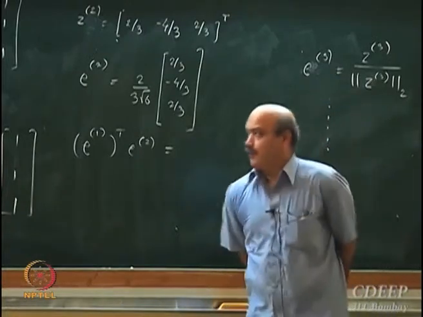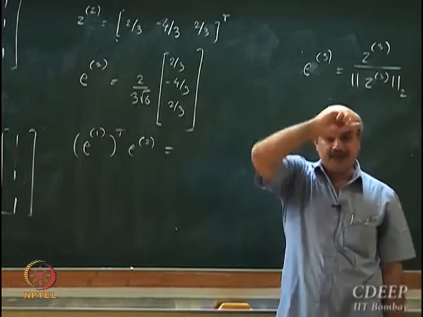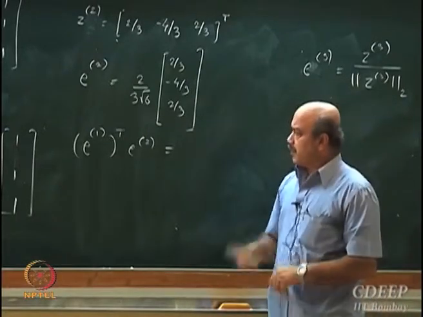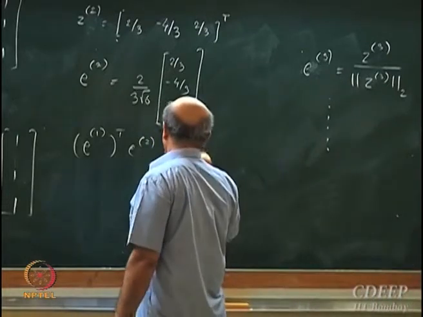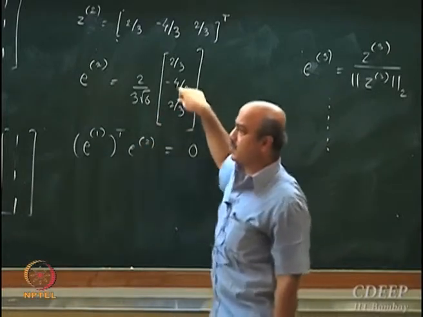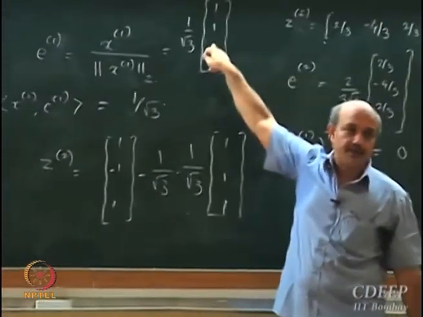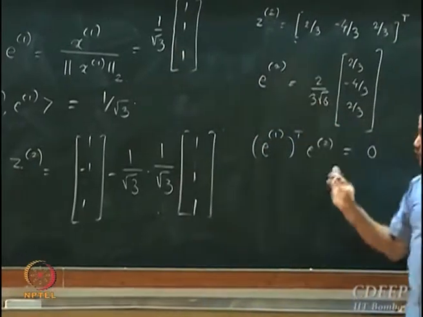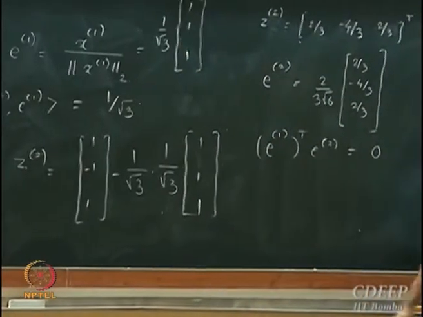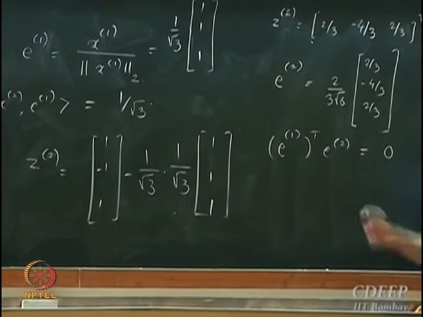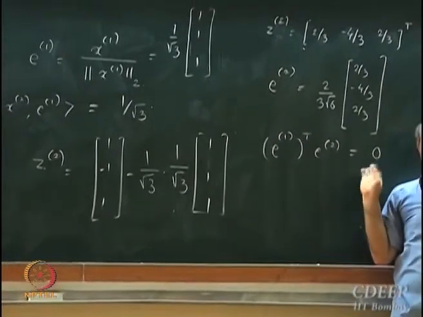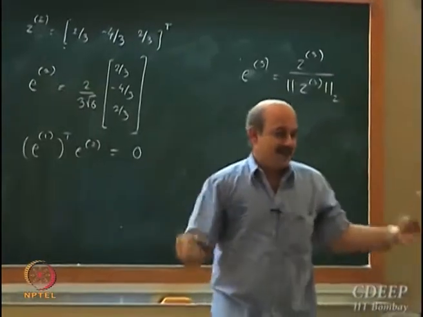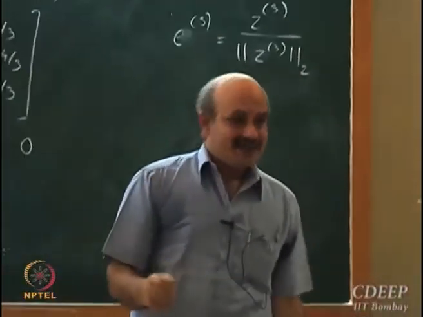And those who have done this, just go ahead to E3, compute E3. Does this turn out to be 0? It does? Just check. If you take the inner product of this with E1, you should get 0, not the 0 vector, but 0 magnitude. Inner product should be 0. E1 transpose E2 should be perfectly 0. If you are not getting it, there is some error somewhere. Is it 0? Yes, it's 0. Okay.